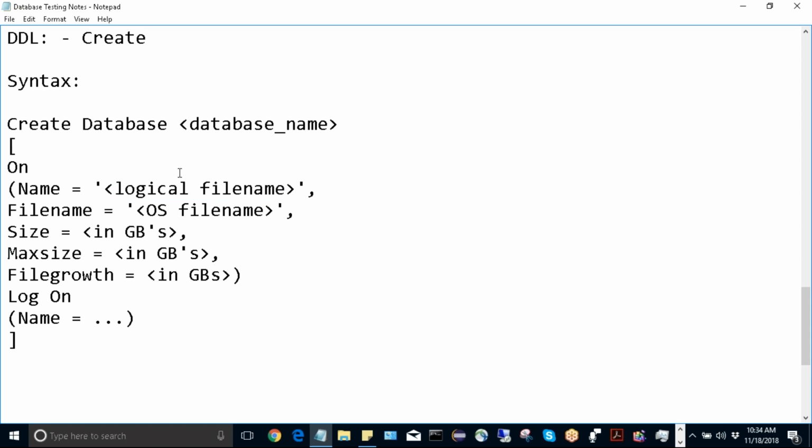And the file name argument is used to store the full path of the file where it has to be created on the server. And the name argument is used to specify a duplicate name for the physical file, the logical name. Okay, so